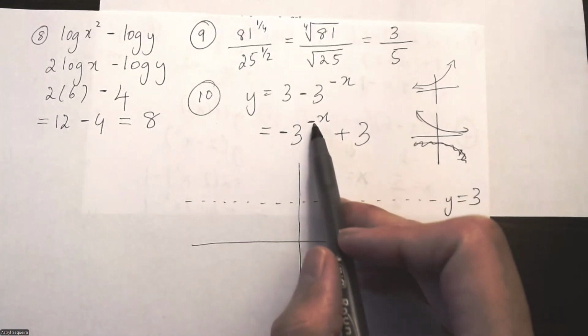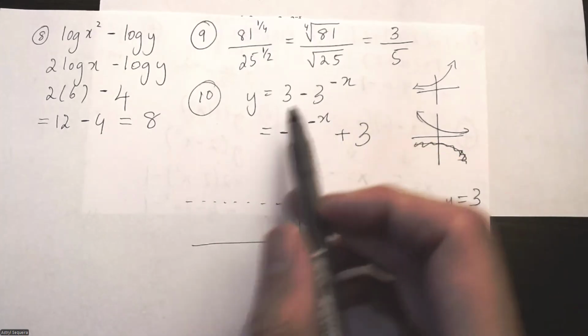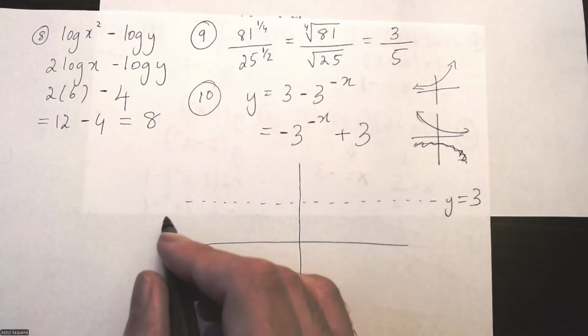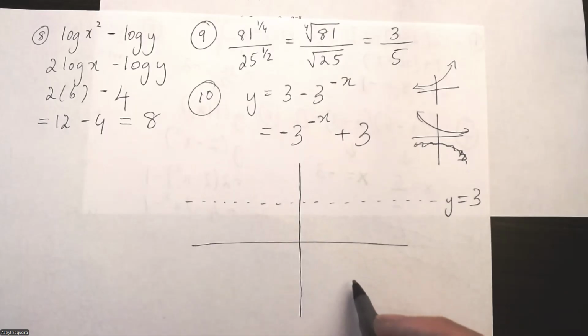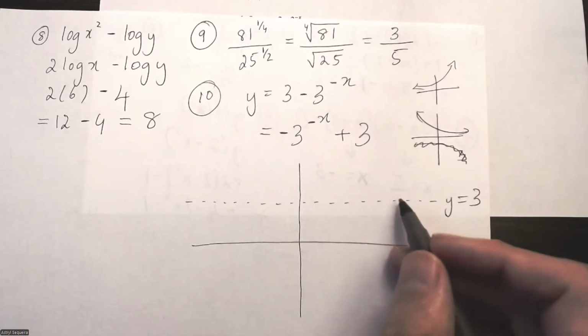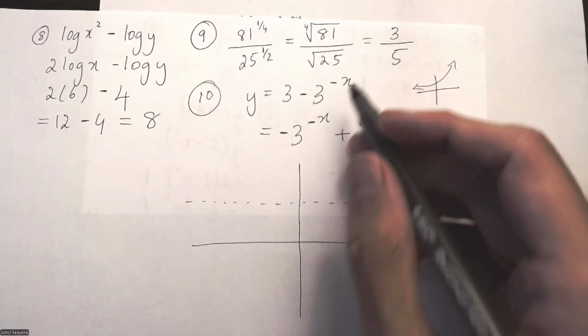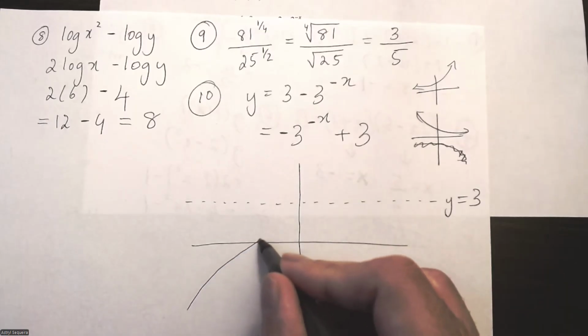And if we have a negative over here, it's a reflection in the y-axis, which means instead of going up like that, it's going to look like decay actually. So since we have a double reflection, it's going to go down like that, but then it's also going to flip that way. So it's going to be a double reflection basically. So instead of the original going like that, we're going like that. The graph is going to look something